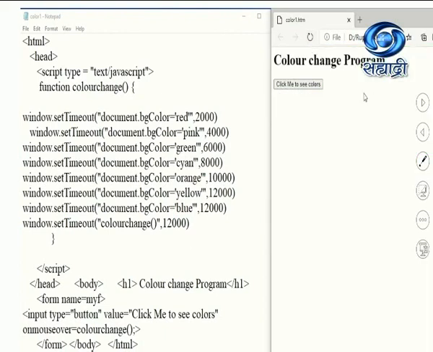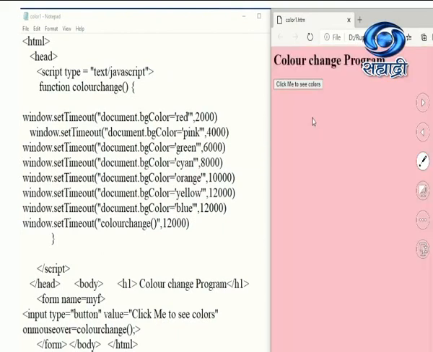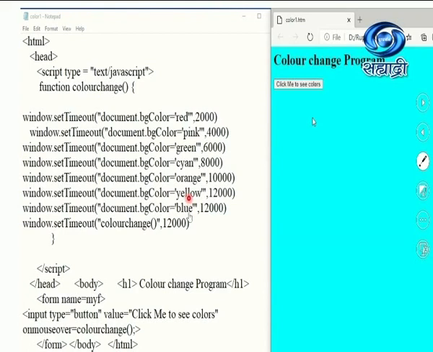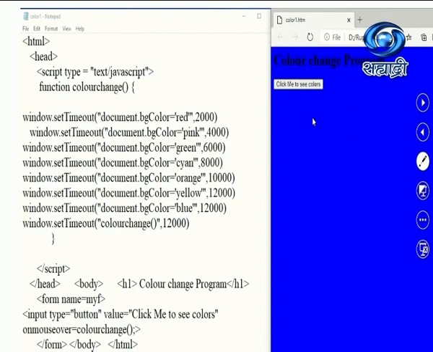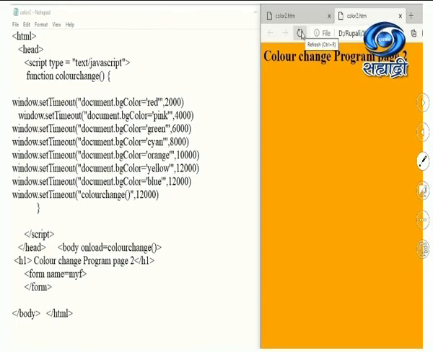Let us observe this demo. Here it is changing the color because I have refreshed. Now I have moved the mouse pointer. Once I moved the mouse pointer over here, it started changing the color. Now observe, at the end it is going to be blue color, and again it is going to change to red color. Now it will be red. Yes. This is page 1 you are supposed to create in this assignment.